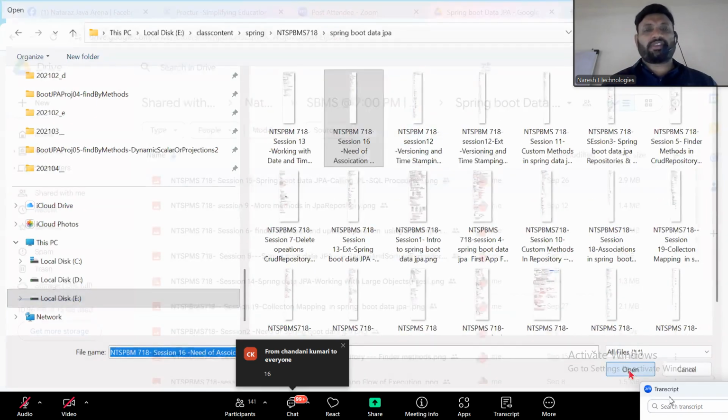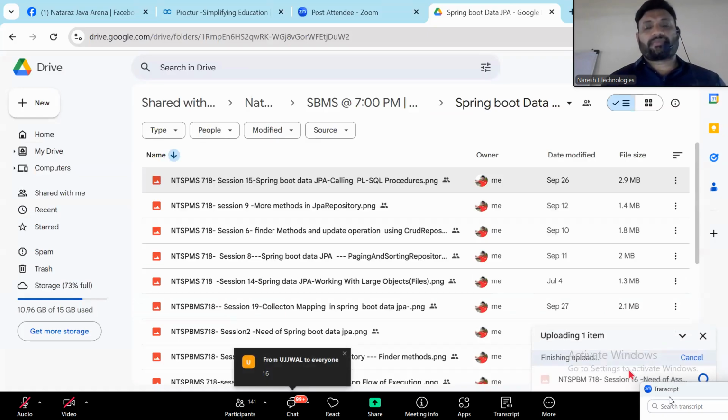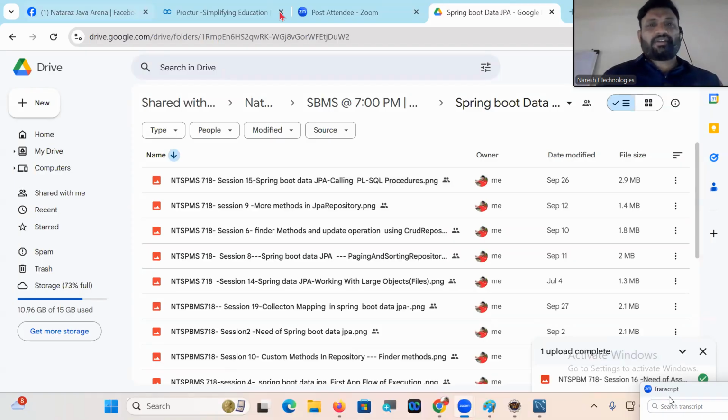Need of association mapping. Is that clear, guys? Come on, everyone. Thank you. We will discuss more when we meet in the next class. All your friends who completed Dasara, ask them to attend the